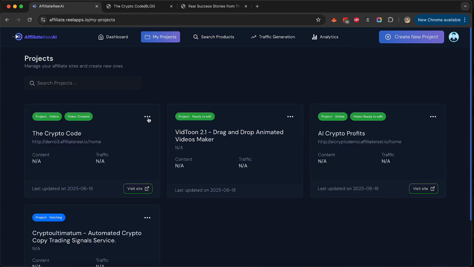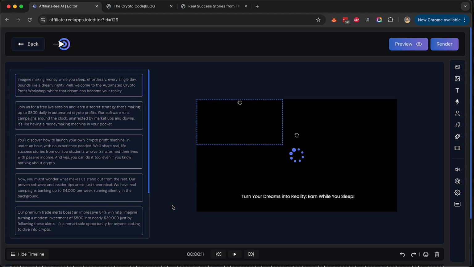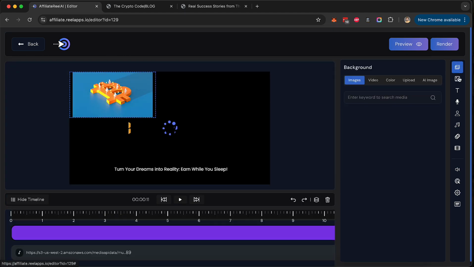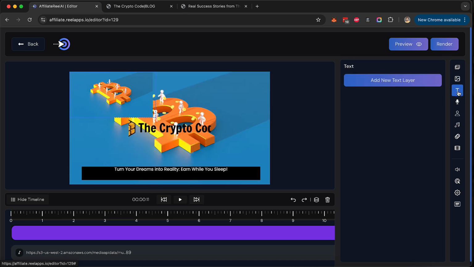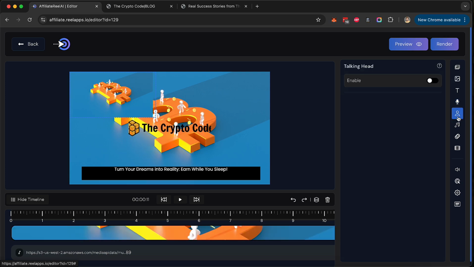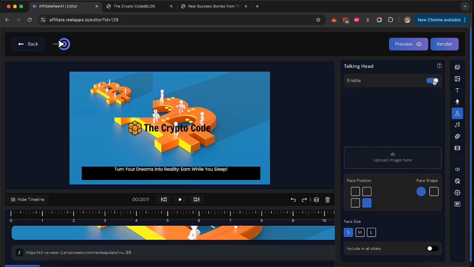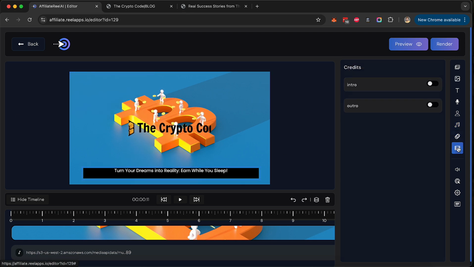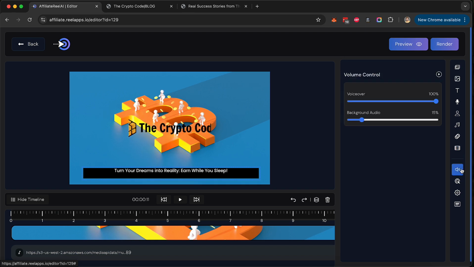And now let's go ahead and edit the video that we have created. So we're going to click on edit video right over here, and we can preview the video, modify the script, change the background, change the volume, anything that we want we can change. We can change the background here, we can add more media on top of it, we can add text layers, we can change the narration, we can see what narration is going to go on in this slide, we can add our own talking head if we want to, we can change the background music, we can add animations on different layers, we can remove certain layers if we don't want it, we can add an intro outro slide,